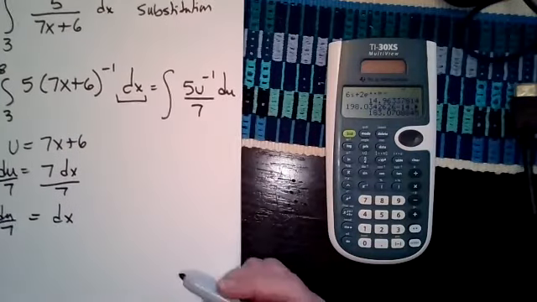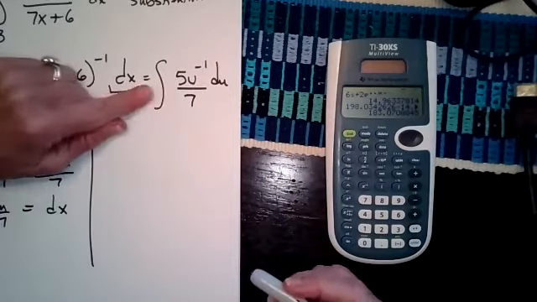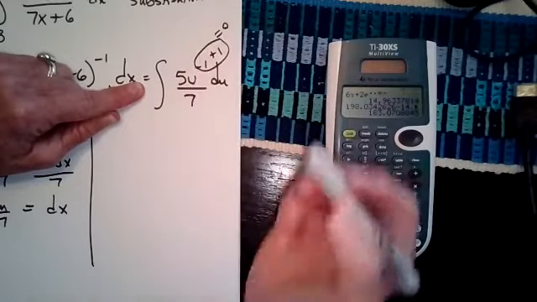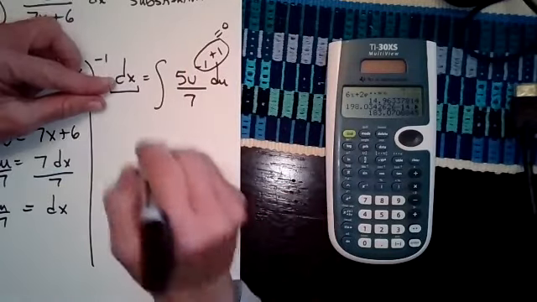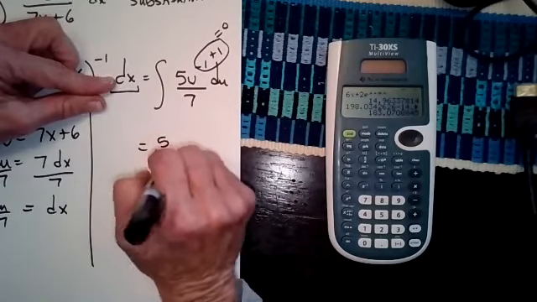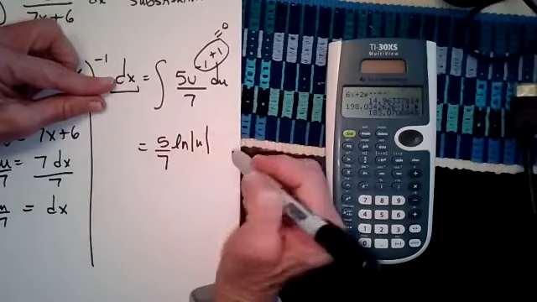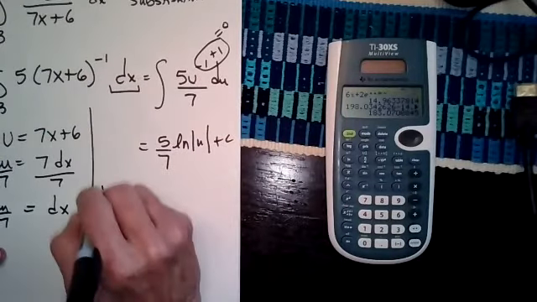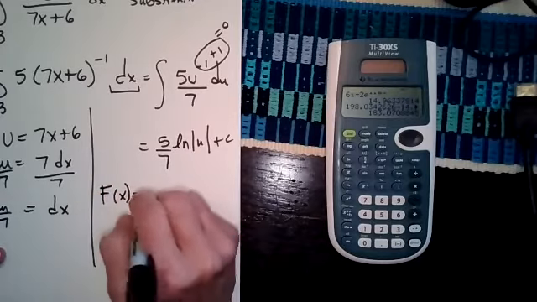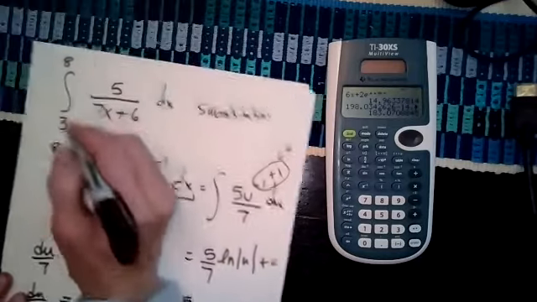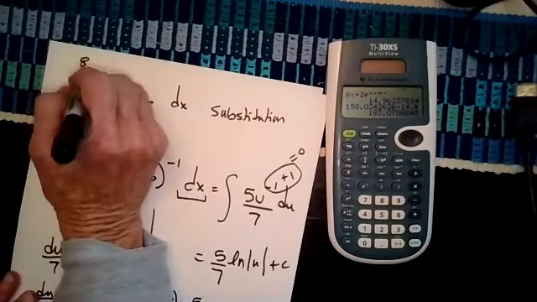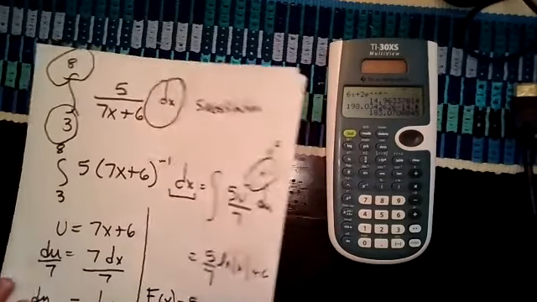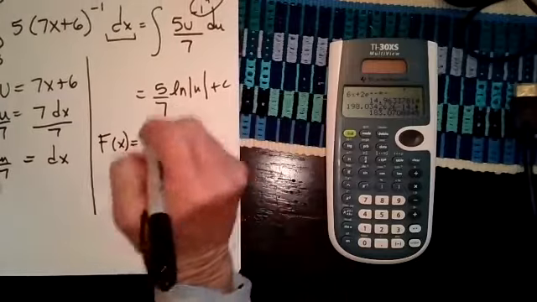So now I have this in terms of u. I'm going to integrate it. So when I add 1 to it, what happens? I get 0. I can't divide by 0, so that tells me what? That's going to be 5 over 7 times the ln of u, right? Plus c, but we're not doing the plus c's. But don't forget, you have to put it back in terms of your original variable before you plug in, because this 3 and this 8 that they give you are with respect to x, not with respect to u, okay? So we put it back in terms of x,